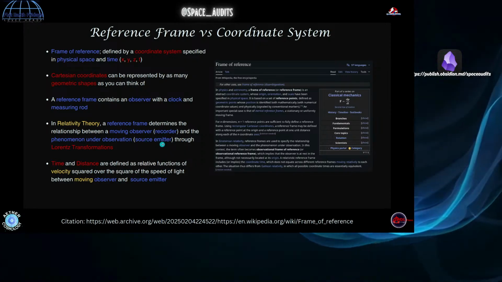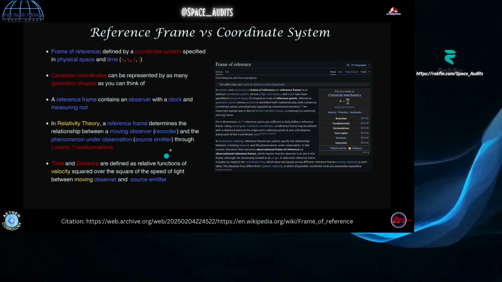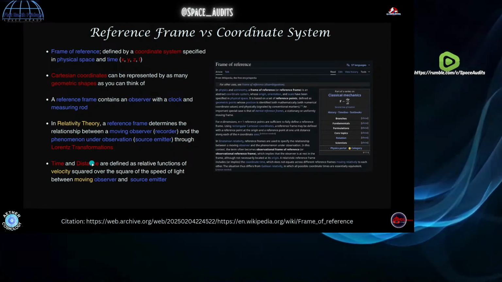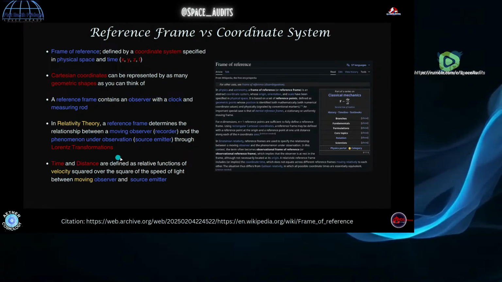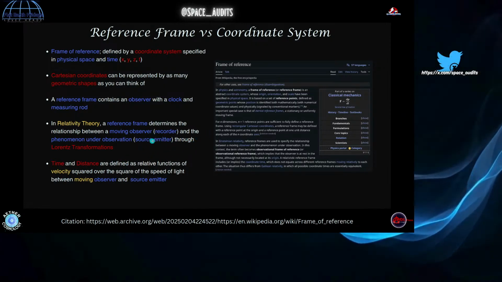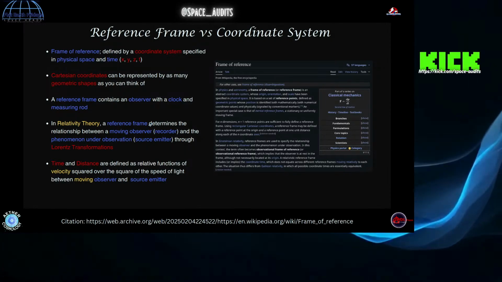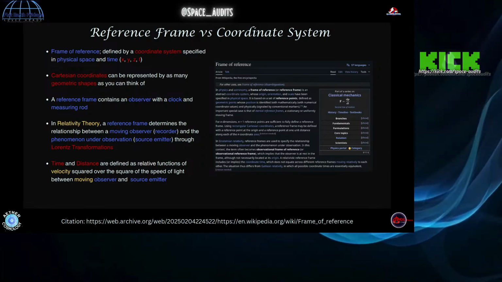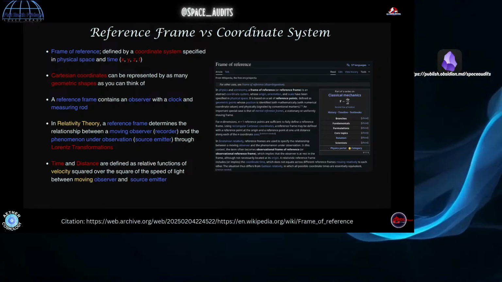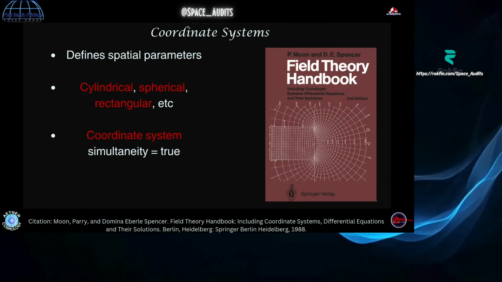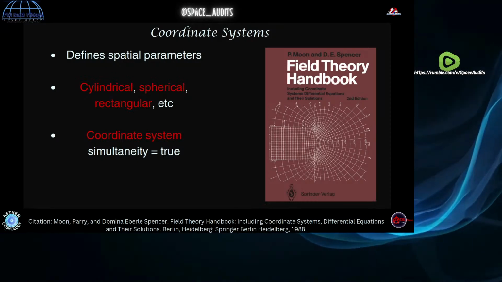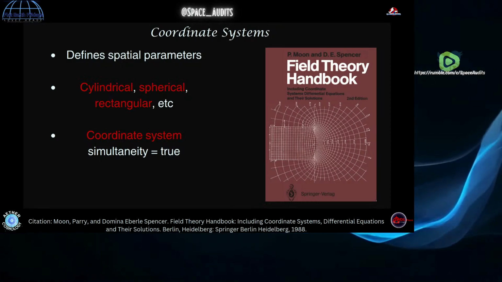And in Newtonian physics, the reference frames, time and distance are absolute. They don't change as a function of velocity. They are independent of the motion. And we'll come to understand what those implications mean and how physics was built upon those principles. But before we get to that, we're going to take a look at some cool coordinate systems.